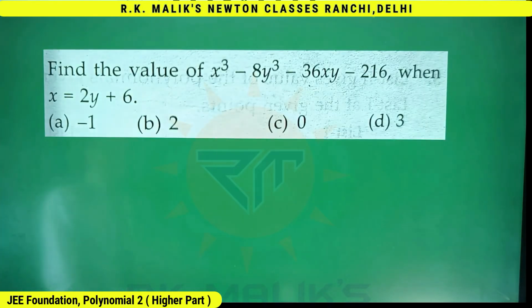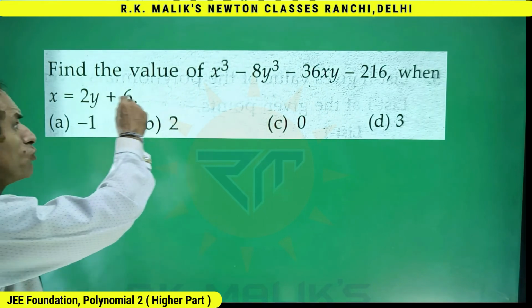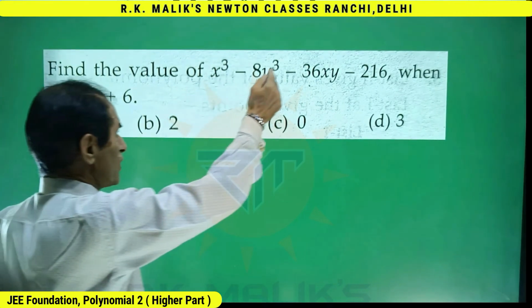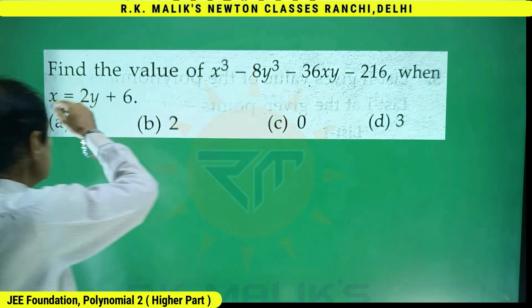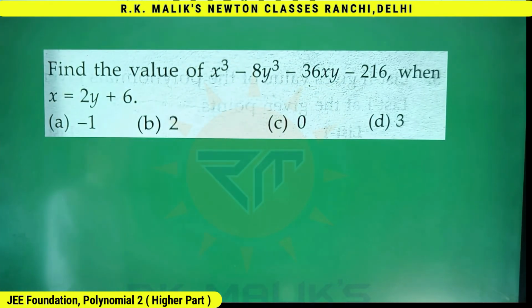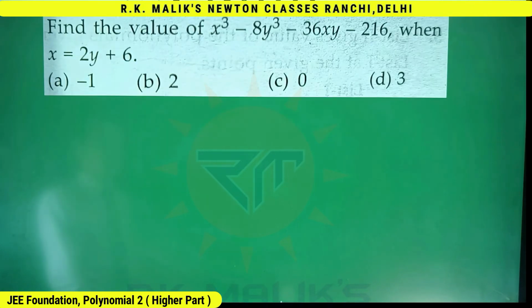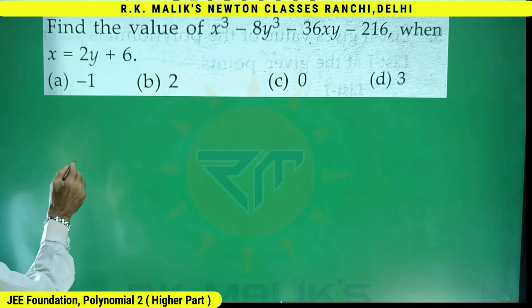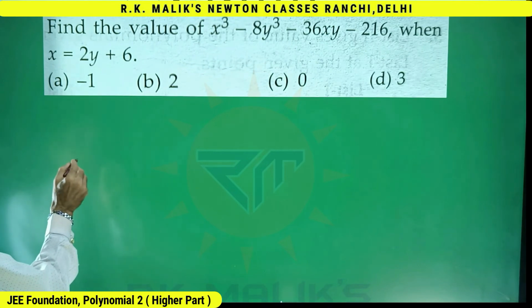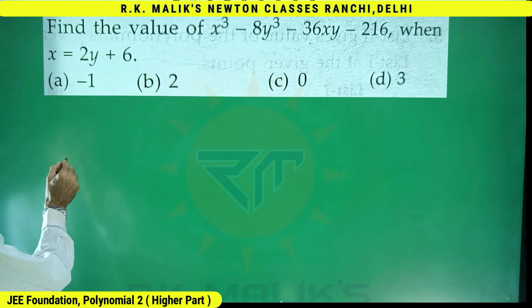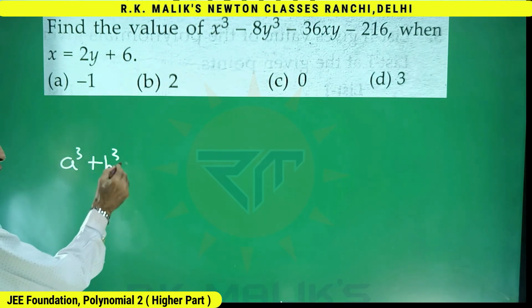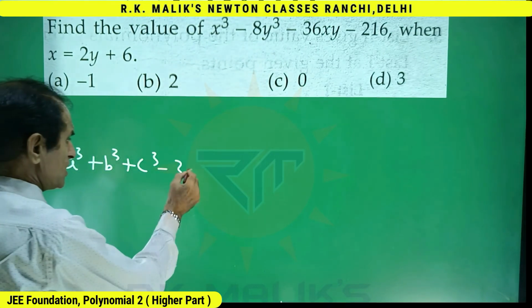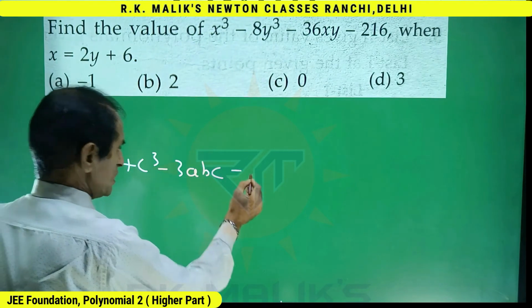In this question, it is told to us to find the value of x cube minus 8y cube minus 36xy minus 216 when the value of x is 2y plus 6. The book from where I had taken this question, he has tried to do the question with the help of the formula a cube plus b cube plus c cube minus 3abc equal to